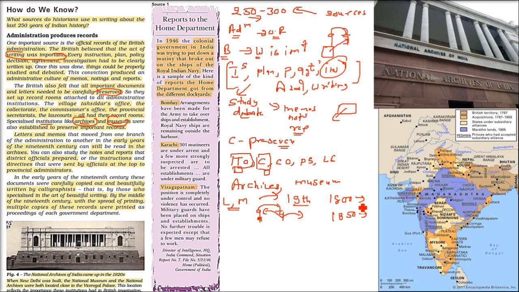But by the middle of the 19th century, around 1850 and plus, printing was there. The printing became so popular, it spread in no time, that multiple copies were now being printed. So it was not necessary to wait for the Khush Navis or Nakal Navis or a calligraphist to come and write.